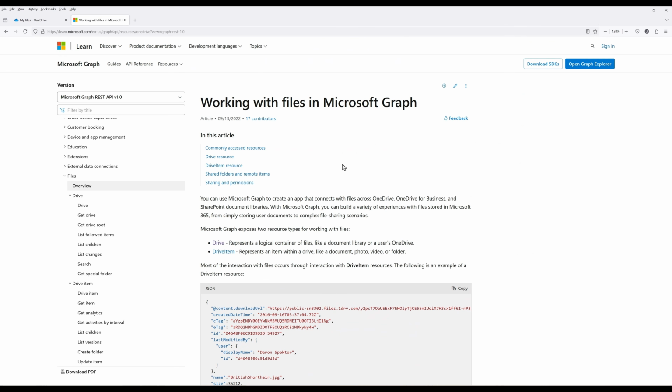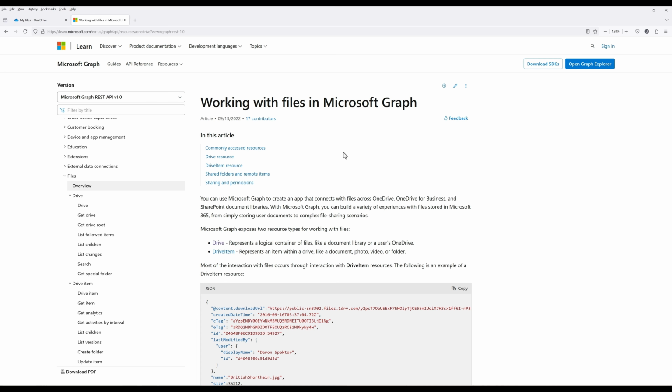When it comes to using OneDrive API for file management, it is all about connecting to different OneDrive API endpoints and using the correct API method and resource type. In OneDrive, there are two different types of resource type, drive and drive item. You can think of the drive resource as the drive itself, kind of like a C drive on your PC. And drive items are the physical folders and files